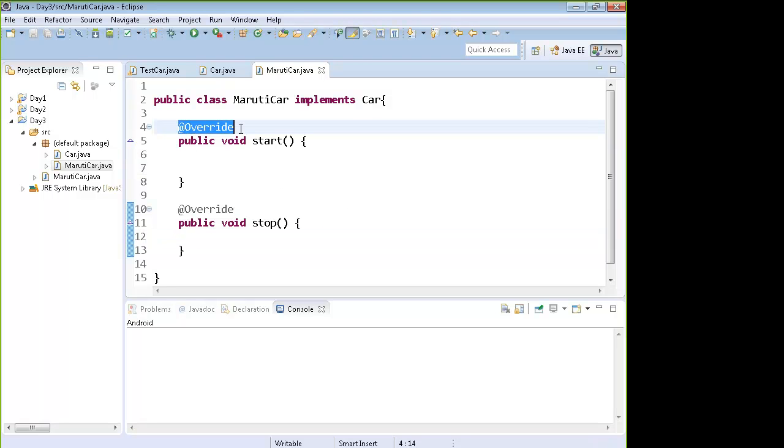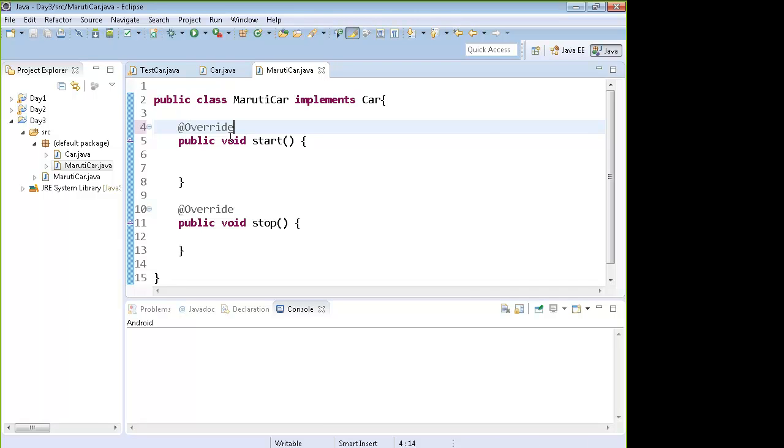This sign @Override means that this function is coming up from the car interface. If you remove this @Override sign, it will not make a difference.